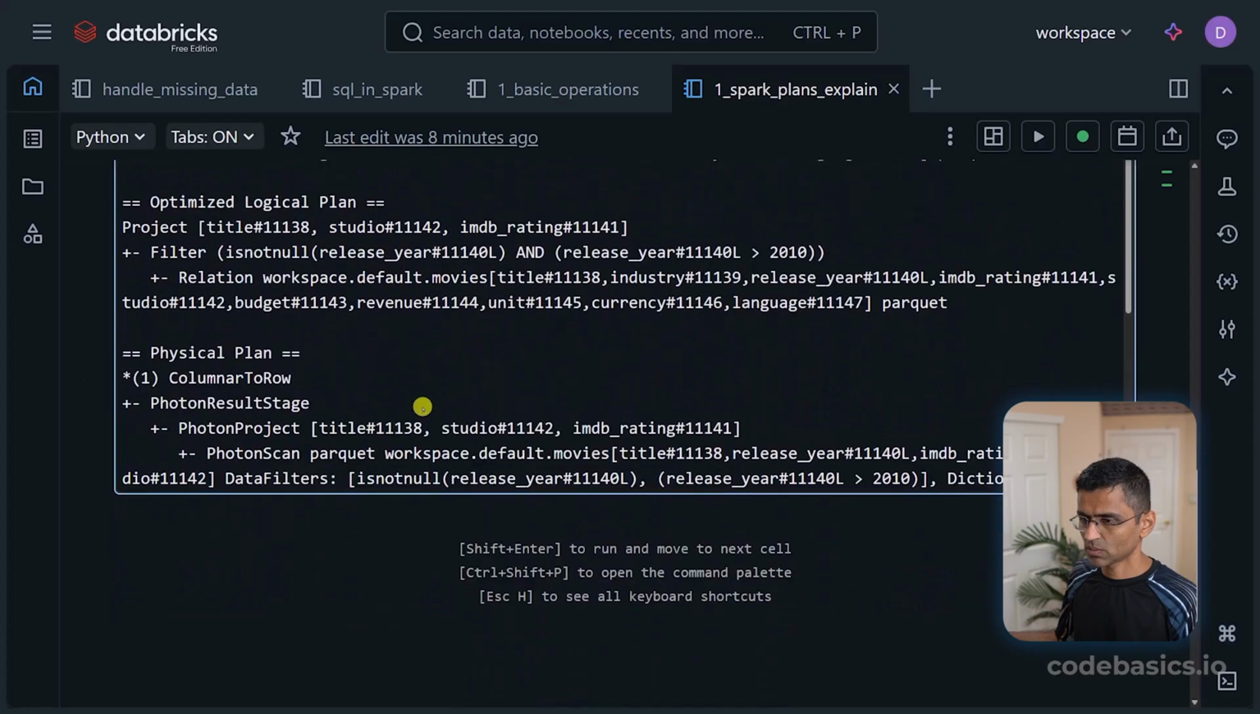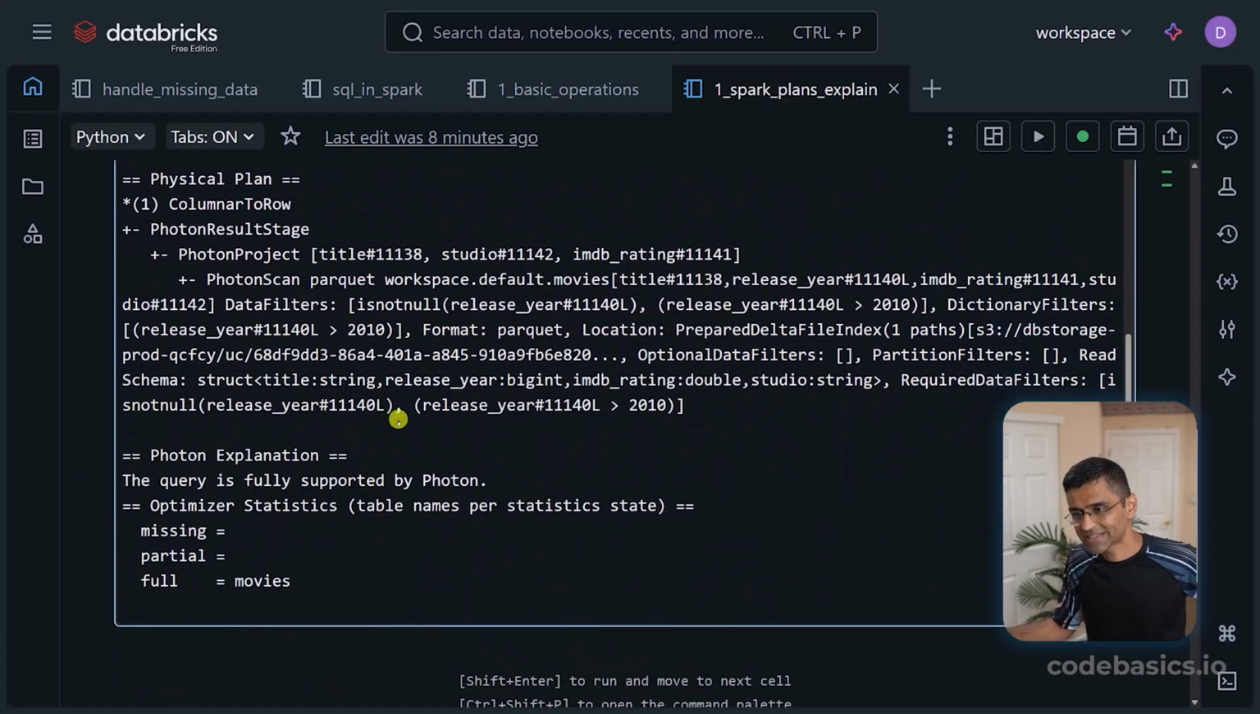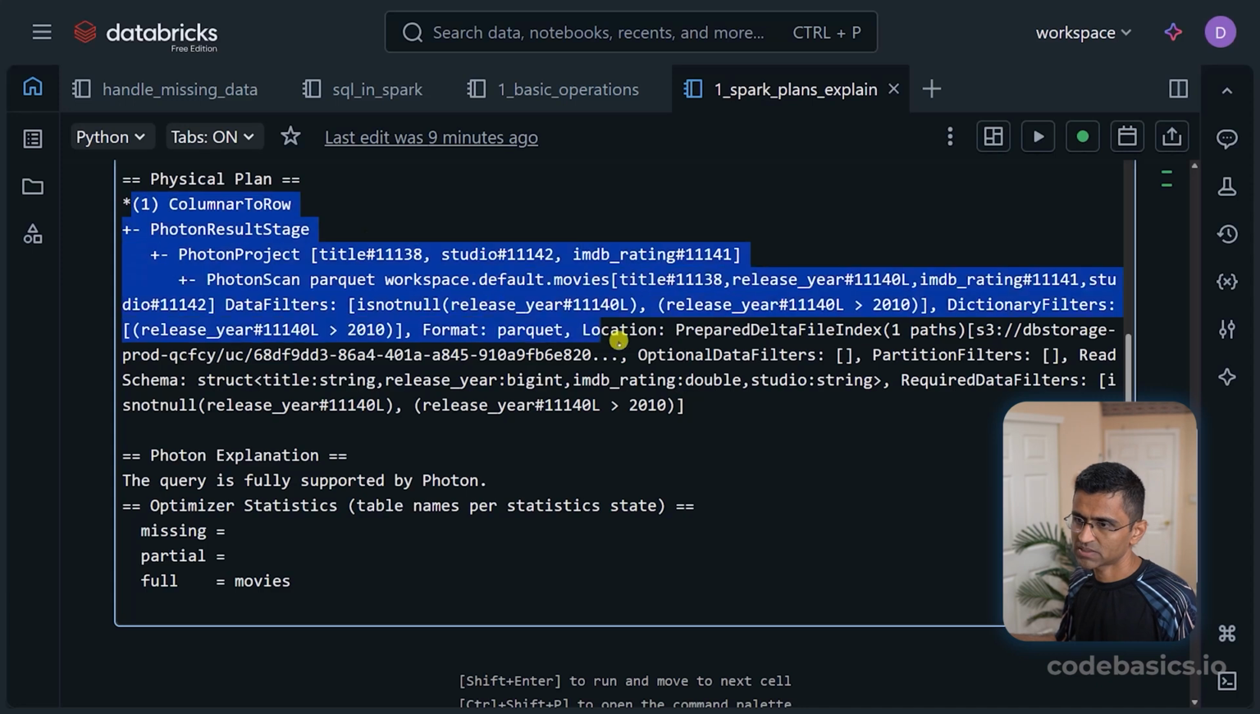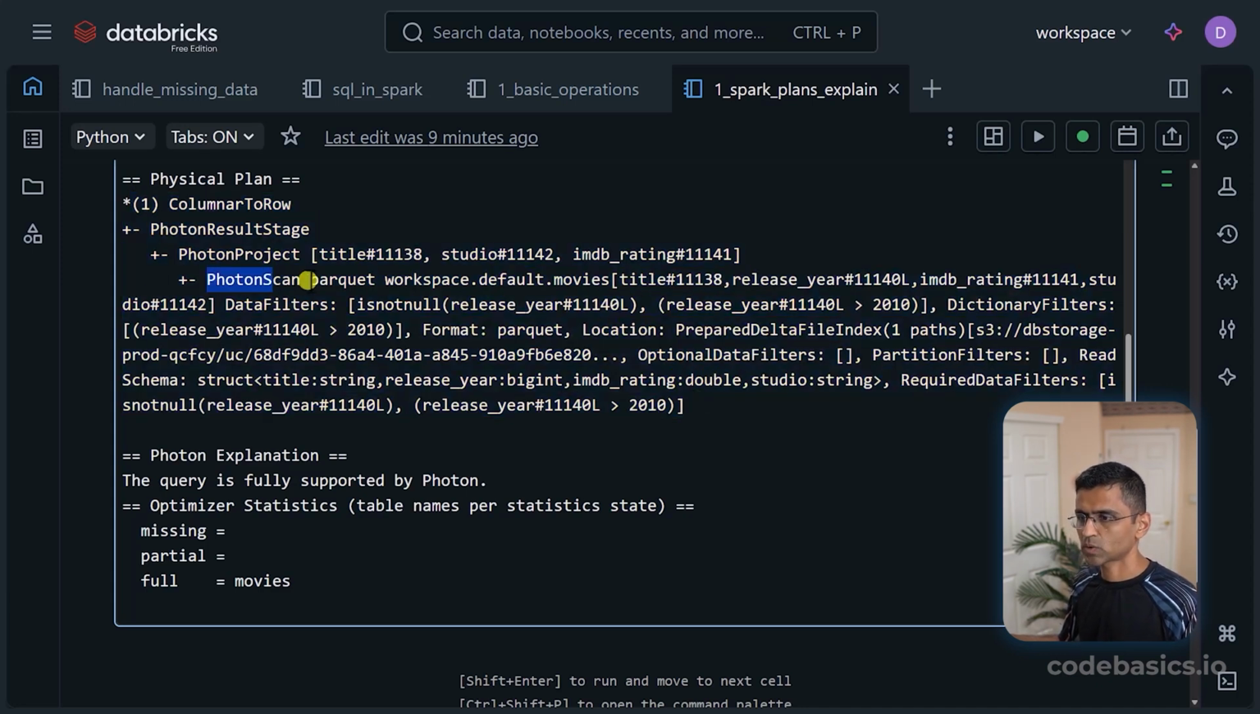Let me just scroll. Okay, so I hope you can see it. Now let's check this. You have to always read from the bottom. So when we are looking at this particular thing, read from the bottom. See, it is doing a Photon scan. Again, Photon is your actual executor, it's a vectorized query executor. So it went to your table where the data is stored in Parquet format, and